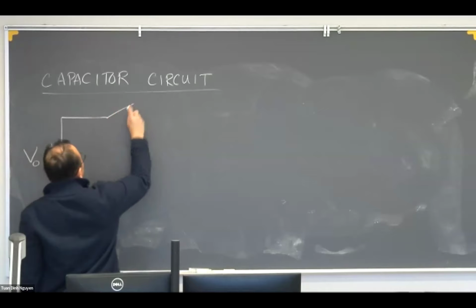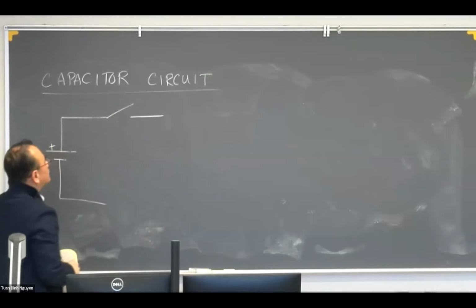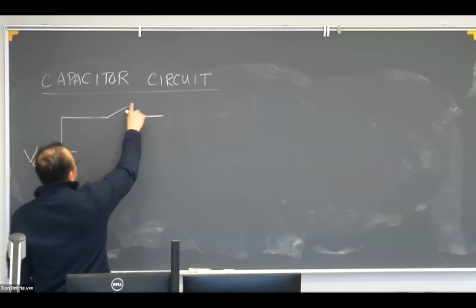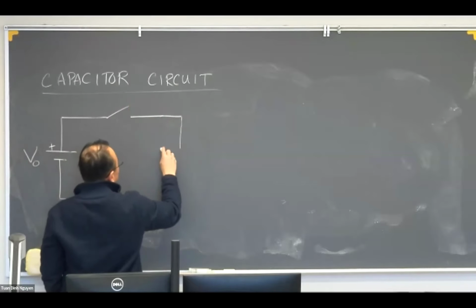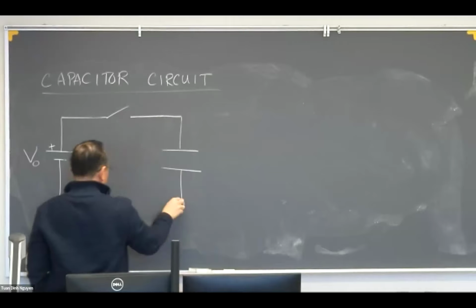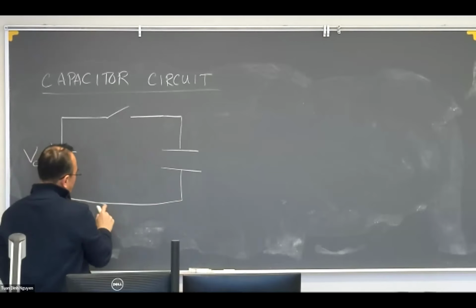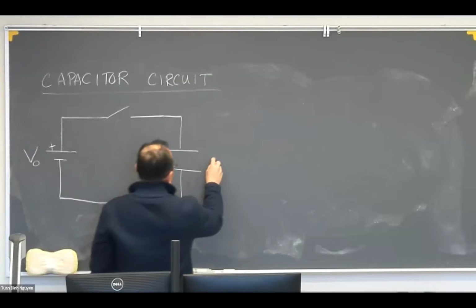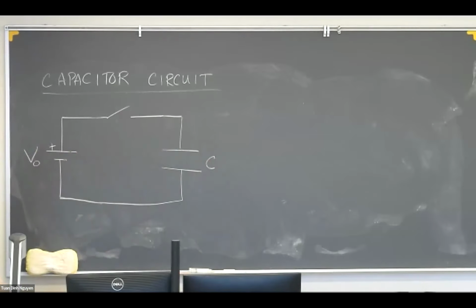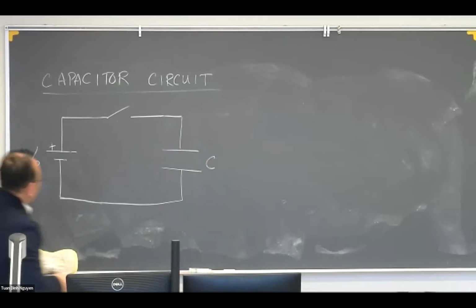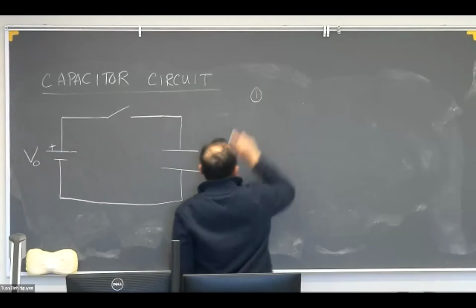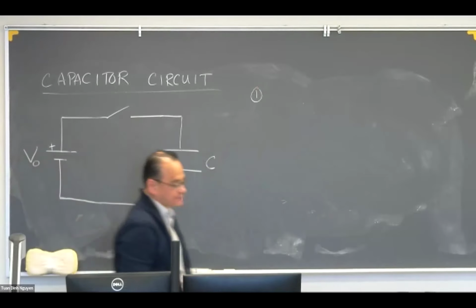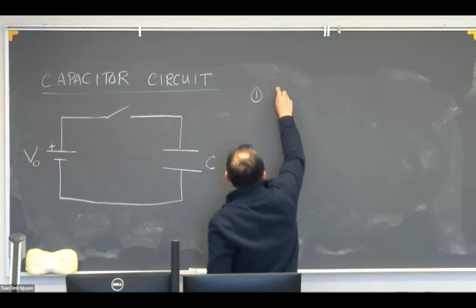And then we'll have a switch, right? That's represented like a door. And then over here, we put our capacitor and then complete the circuit. This capacitor has a value of C, okay? So when the circuit is open, or the switch is open,